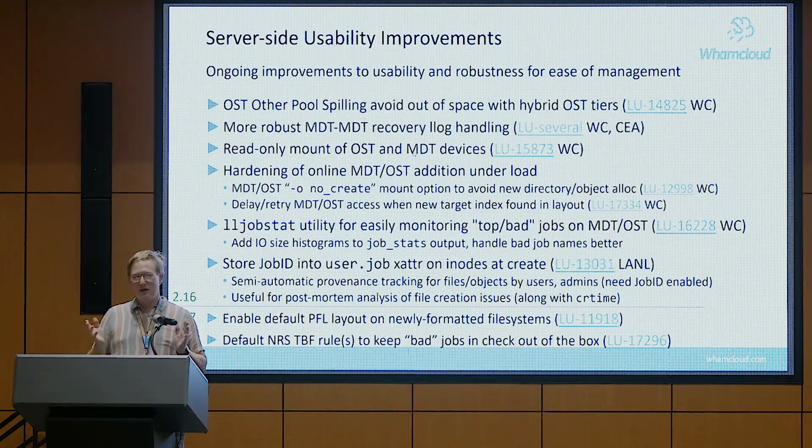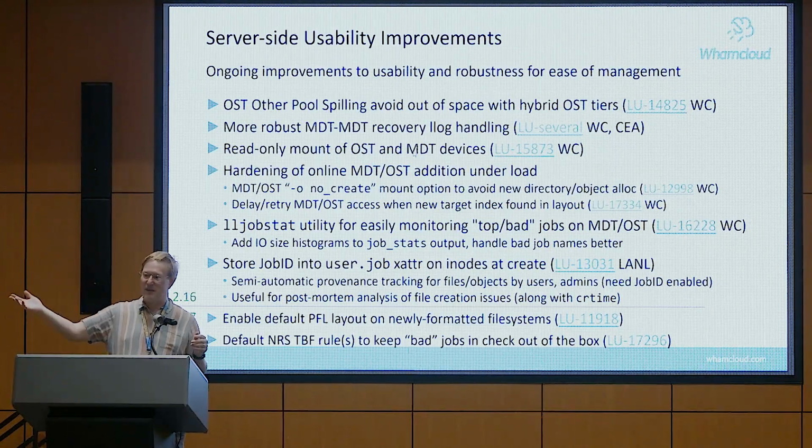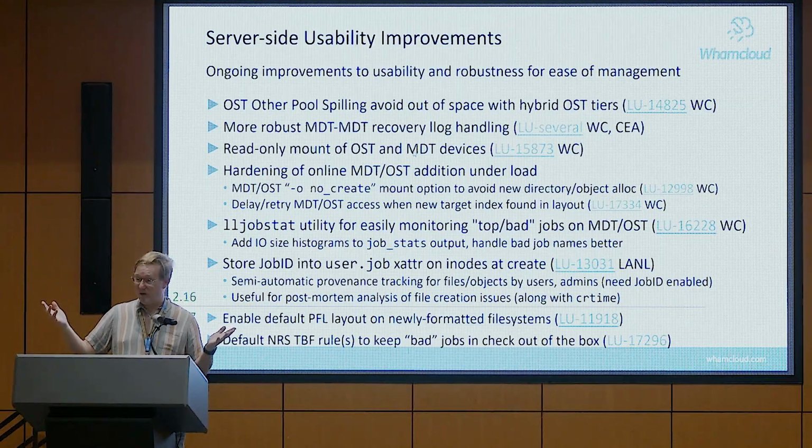And you can see it with people writing whatever their HPC codes in Python. And it's like, instead of making my code more efficient, I'm just going to run 1,000 instances of that code and do parallel computation that way, right? Because it's hard to get the people to do these things. And so,